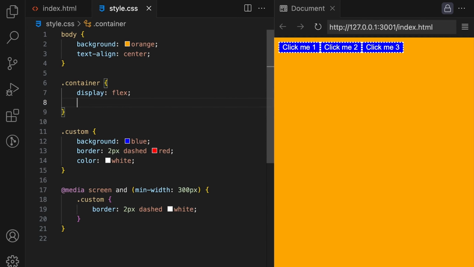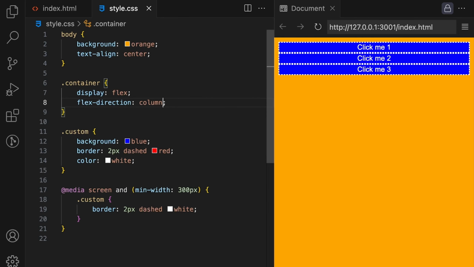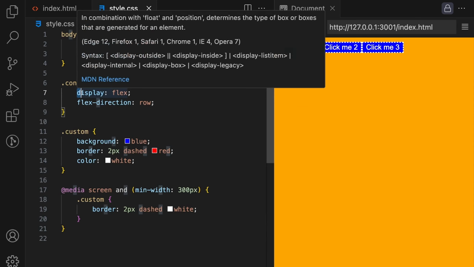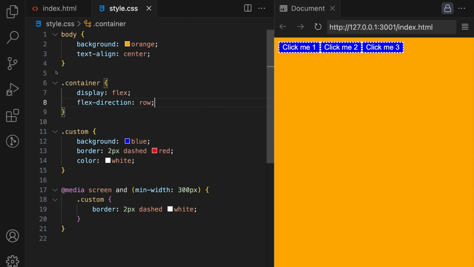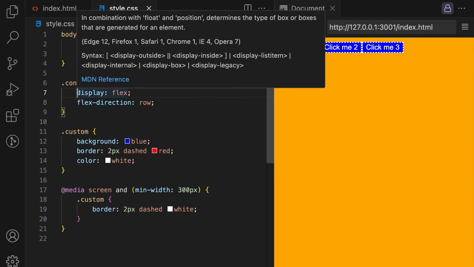So for example, from here, we can then choose the direction of the layout. So we can say column, and then it all goes into a column, or we can say, no, you can go back to a row as well. That is the power of the display property and being able to add flex. Now, obviously flex is a lot deeper. You can go into a lot more of a deeper understanding into how flex works. But for now, all you need to know is that display is really important,